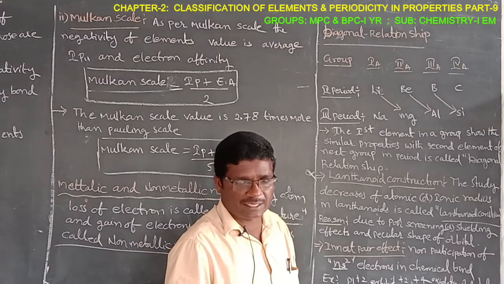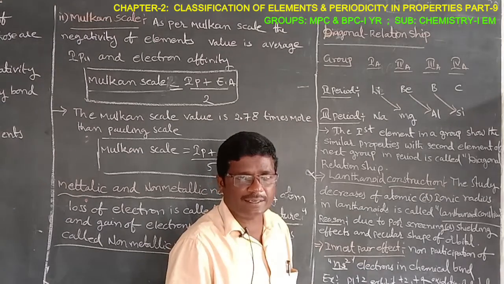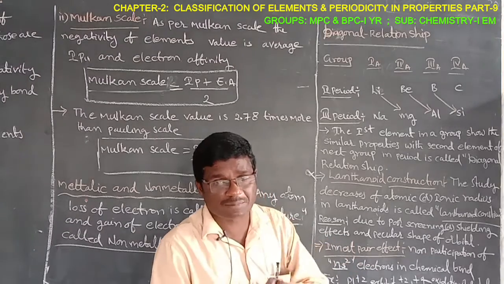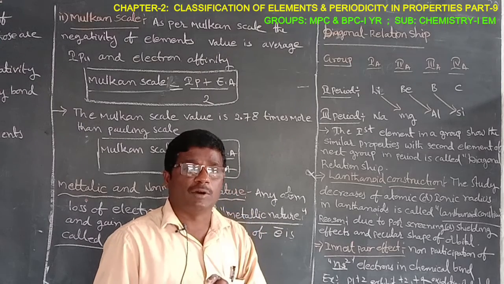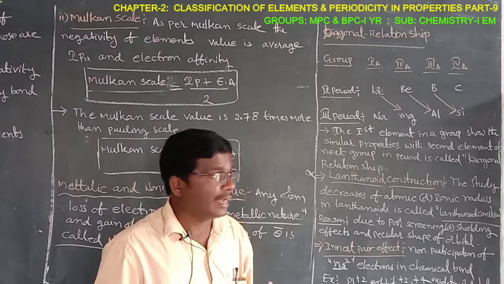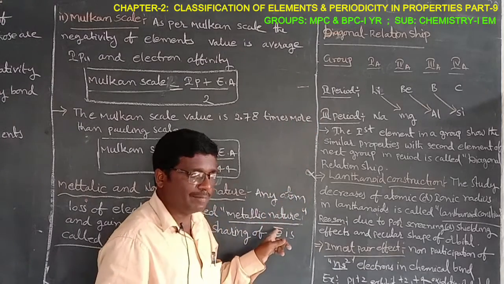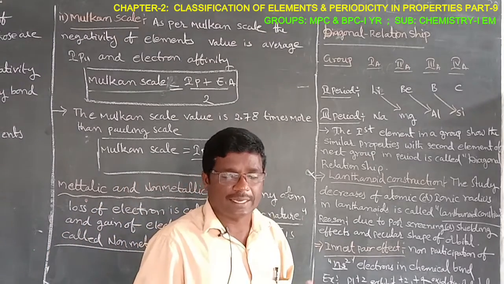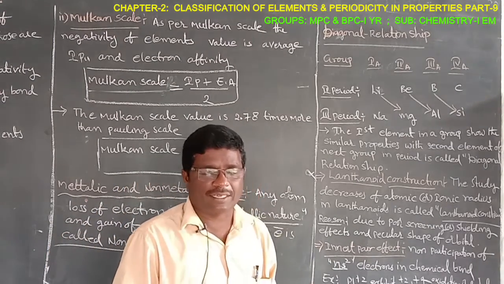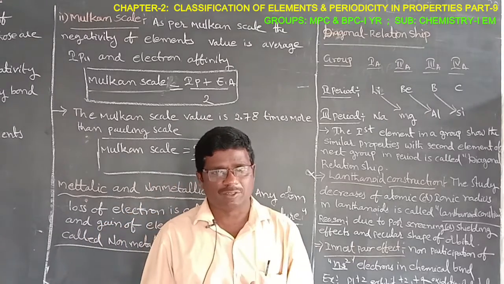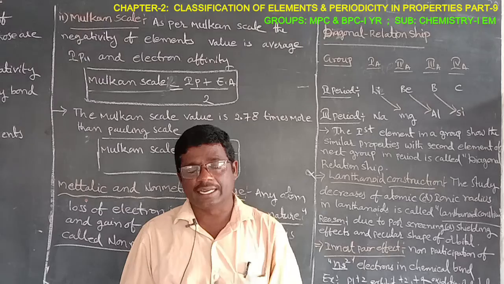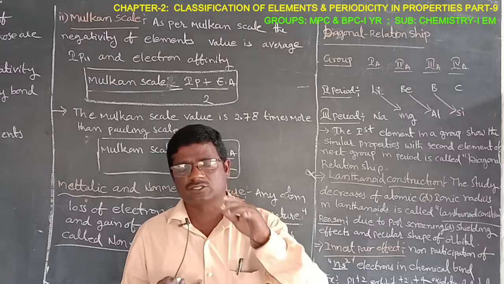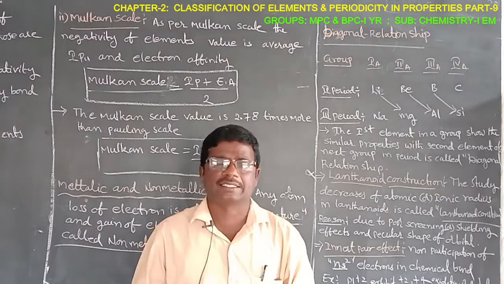In this class, we discussed the calculation of electronegativity values of the elements with two types of scale, known as the Pauling scale and the Mulliken scale. Remaining are the diagonal relationship, inert pair effect, and metallic and non-metallic nature of elements. Once again, the electronegativity values are calculated by two scales: first the Pauling scale, and second the